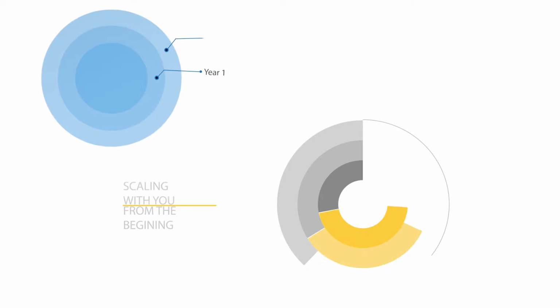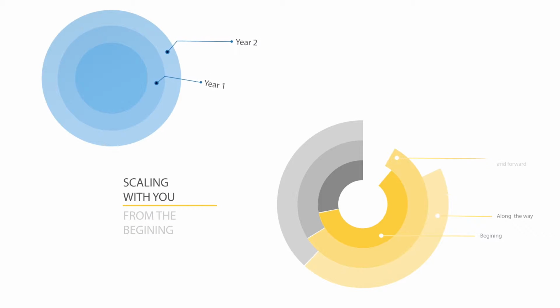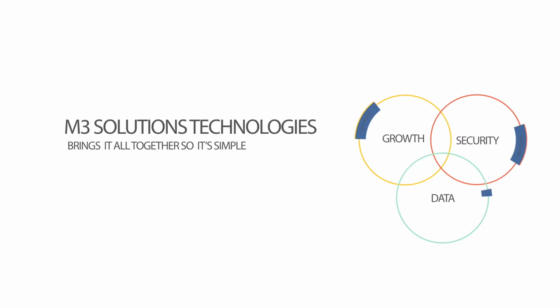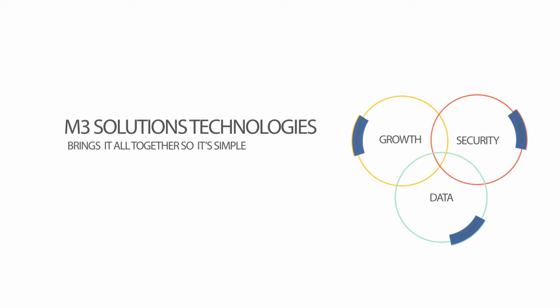Because our system is completely scalable, we're able to take you where you are today, and as you grow your business, we can scale that solution for you and grow alongside of you. So it's not this huge investment that you have to outlay up front. You're able to scale and add on as you grow your business. We're extremely flexible in that we can analyze what the customer's pain points are, and then tailor a solution through our kiosk that will provide them the best method to actually manage those devices, reduce cost,